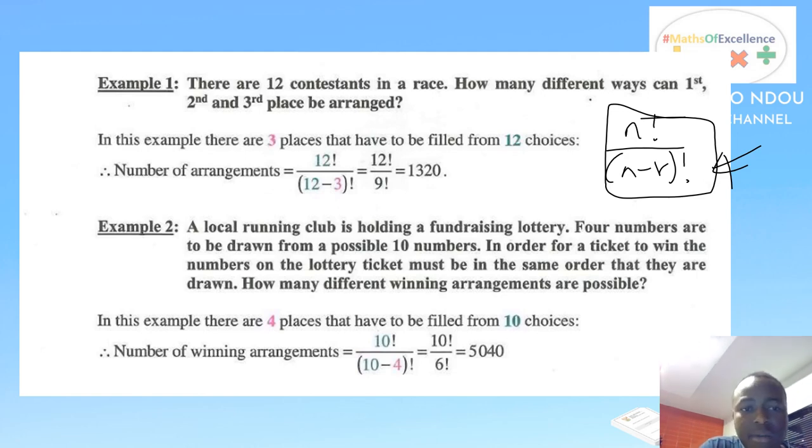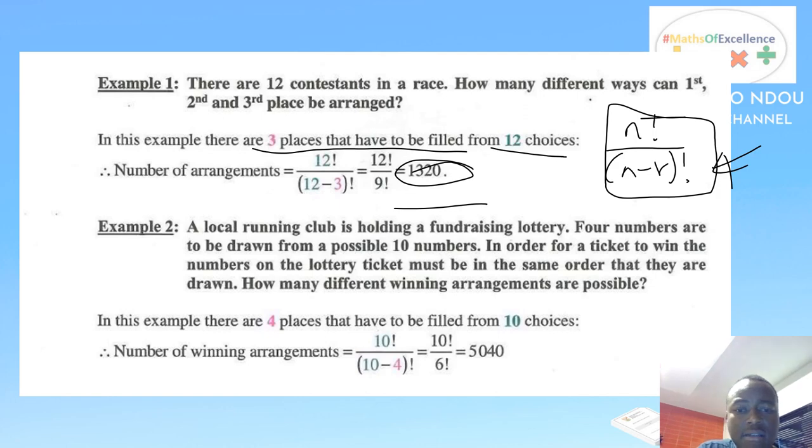So you simply say 12 factorial divided by 12 minus 3 factorial. The 3 is for the three places to be filled from 12 choices. Then you use your calculator and you get the answer. Simple,